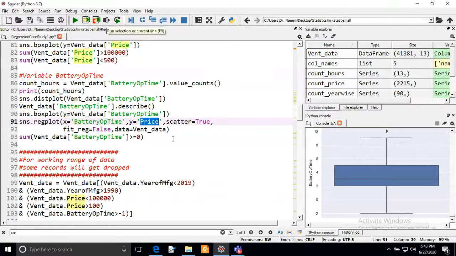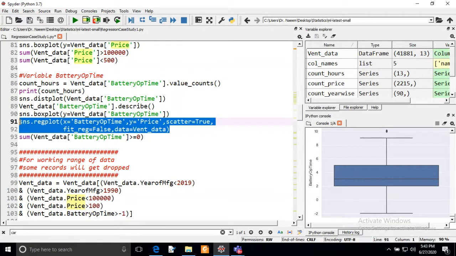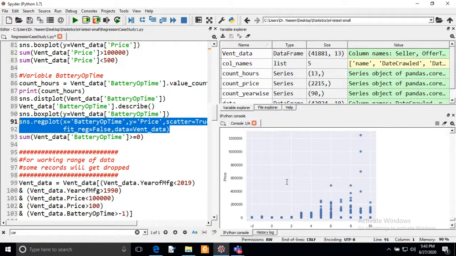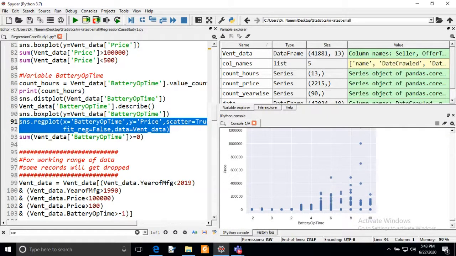Now we are going to the regression plot, meaning a scatter plot between the battery operating time and price. If we execute this command, regplot, and pass these values, you can see that as the battery operating time is increasing, the price of the ventilator is also increasing. Some ventilators have a lesser value, but we can say they have damage information, while most have a 9 hour backup.